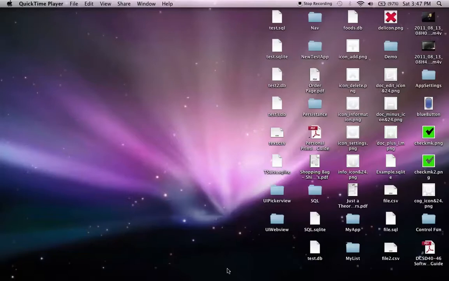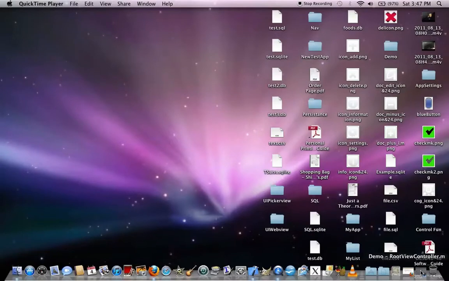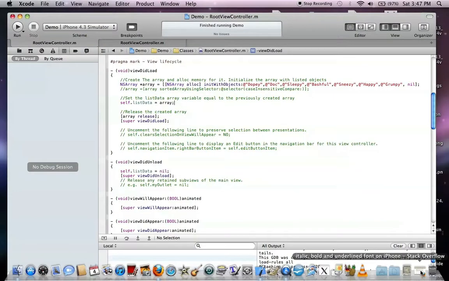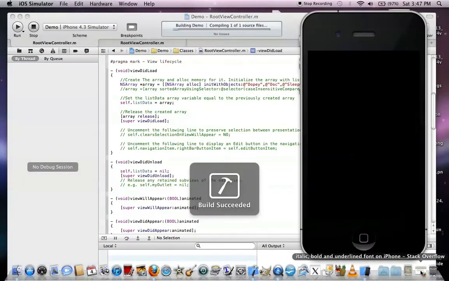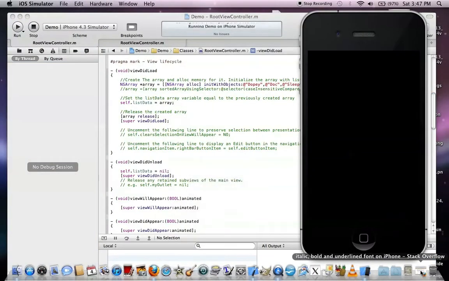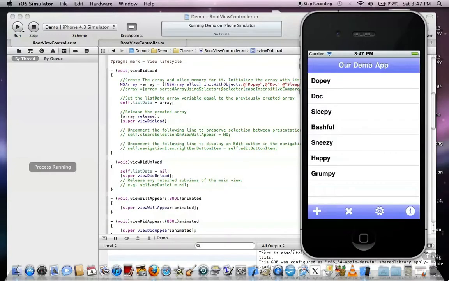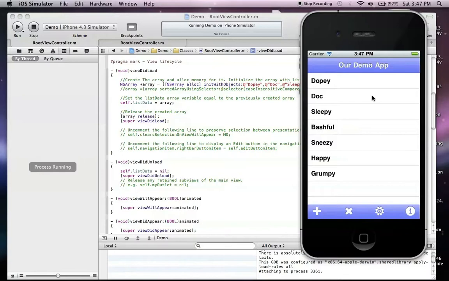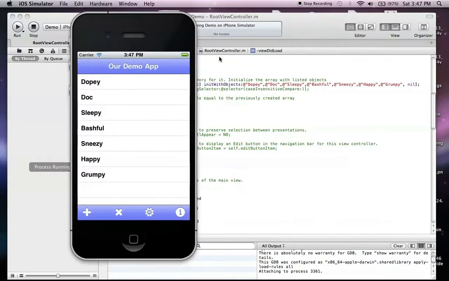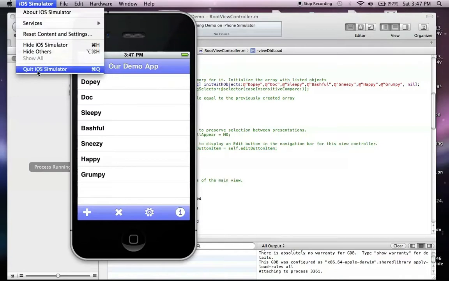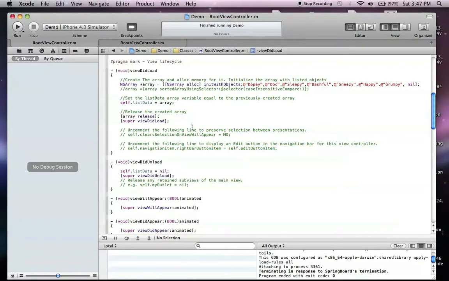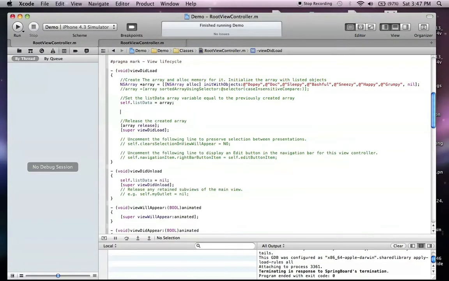Okay, this is tutorial number 5, and I'm just going to go to Xcode here and run it so you know where we stopped at our last session. We should load up our table view with our 7 dwarfs, and they are not in order as you notice, but of course they are in the order in which we listed them. So what if you wanted to put them in order? What would you do? Well, we're going to sort